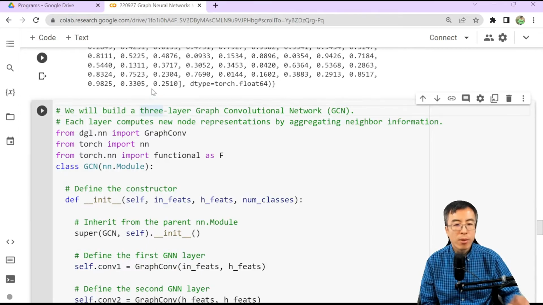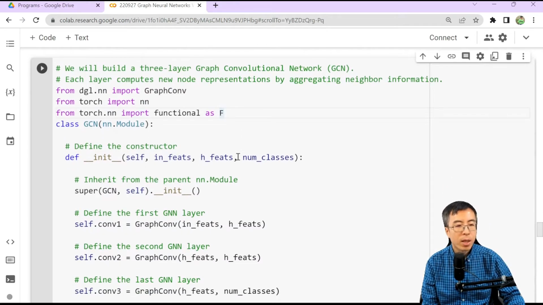Now let's build a 3-layer graph convolutional network or GCN model. Each layer will compute new node representations by aggregating neighborhood information. So we'll utilize GraphConv, denoting the graph convolutional network layer. And from Torch, we'll bring the nn module as well as the functional module.